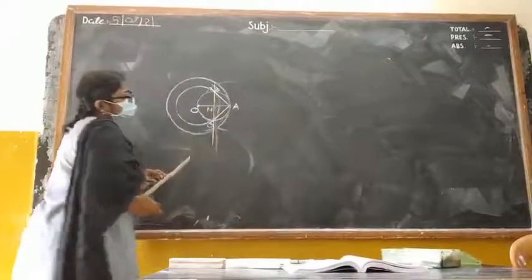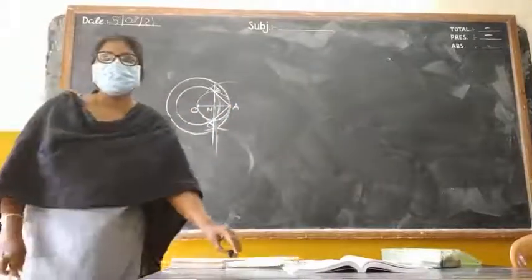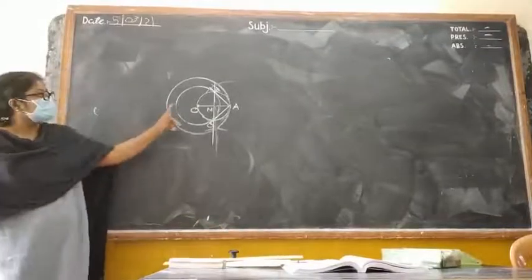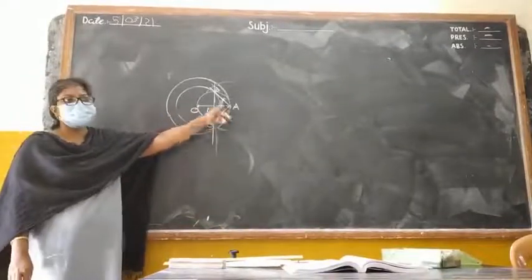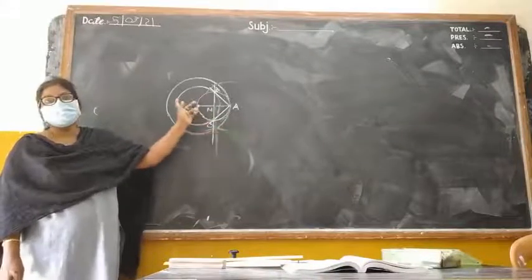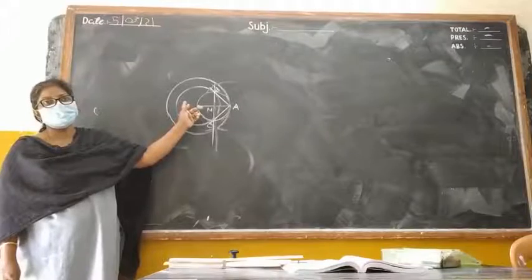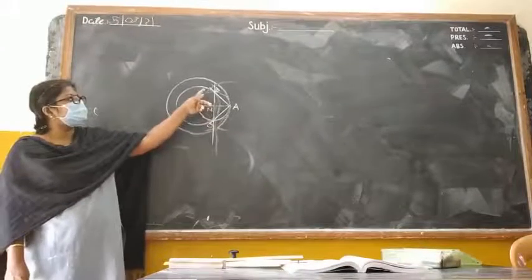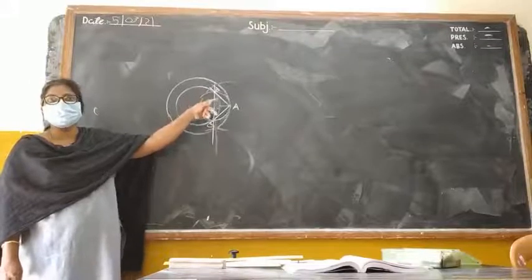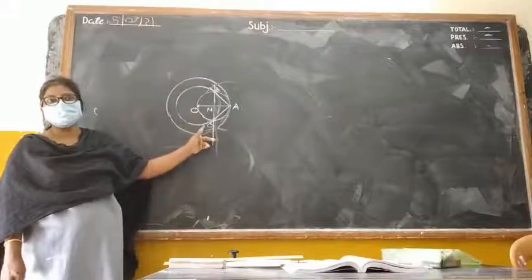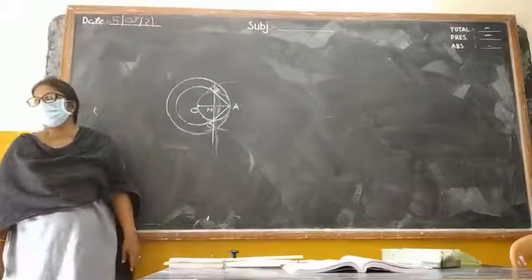Okay. So what we have done, first two concentric circles we have drawn. We took a point on the bigger circle, join that to OA, then draw the perpendicular bisector. Then that perpendicular bisector, when you have drawn that circle, will touch the smaller circle at 2 points. Join that. Okay.